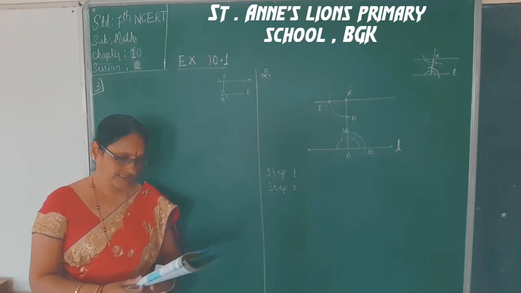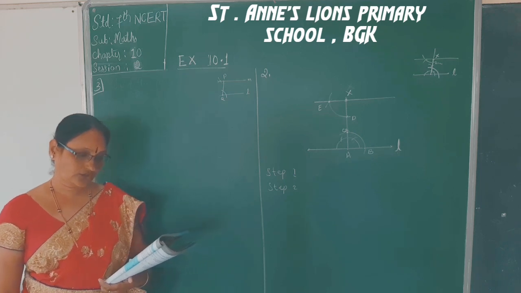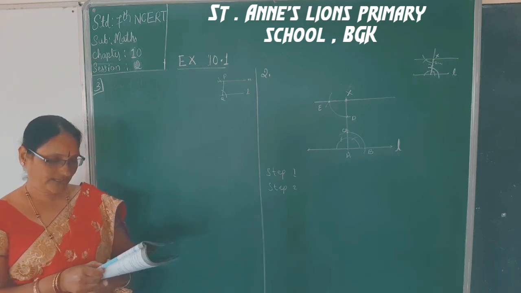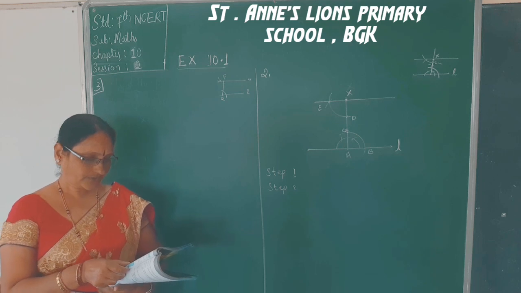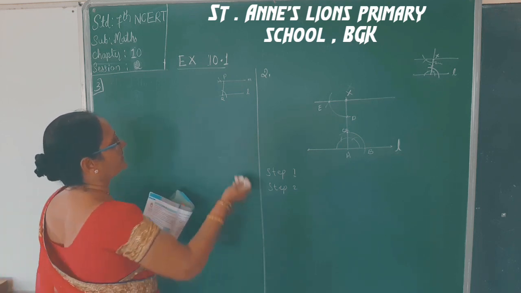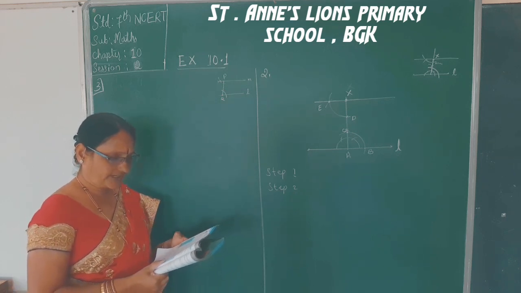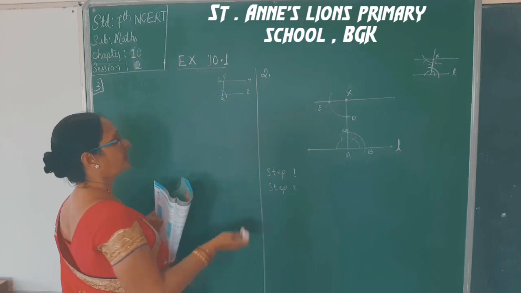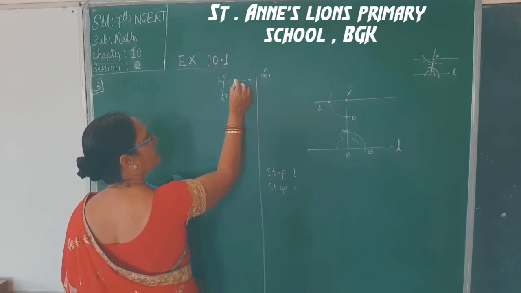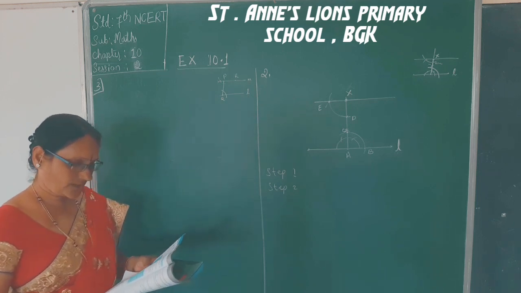What is it? L be a line and P be a point not on L. Through P draw a line M parallel to L. Now join P and Q on L. Yes, P and Q, we joined it. Choose any other point R on M. Now we are choosing the point R here on M. This is line M.